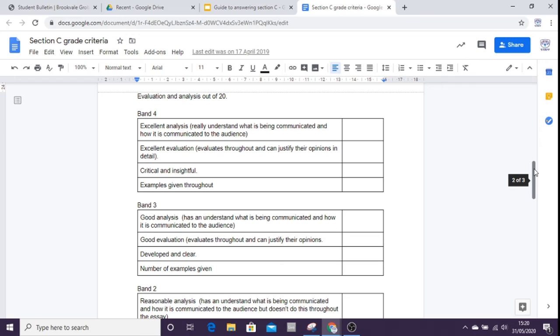They do go hand in hand. Now, the excellent analysis is that you really understand what is being communicated and how it's communicated to the audience. And that links to the skills. These actors are using their skills in order for you to understand something, either about their emotions, their relationships, their